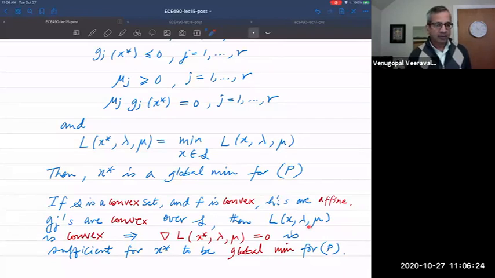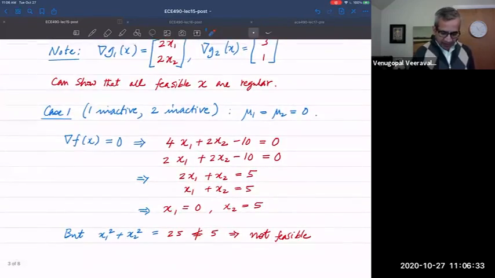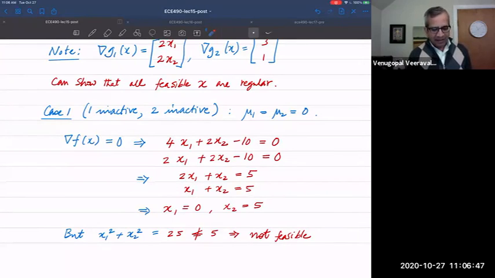You already found the global minimum. You don't have to do anything else. So that's how we can apply this in the examples, and that's much easier than using the fact that the F might be convex over a convex set, which is also true, but then you have to do a little bit more work to verify, which I kind of glossed over in class, to verify that the gradient of F